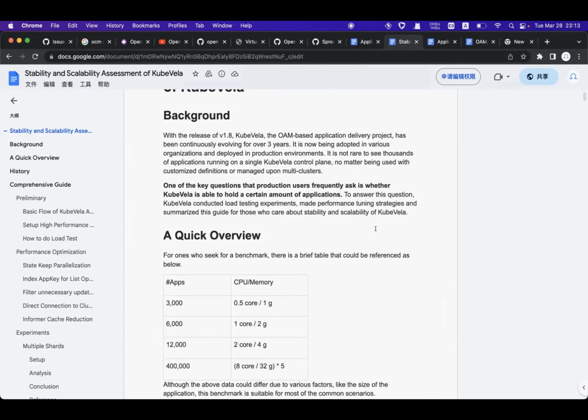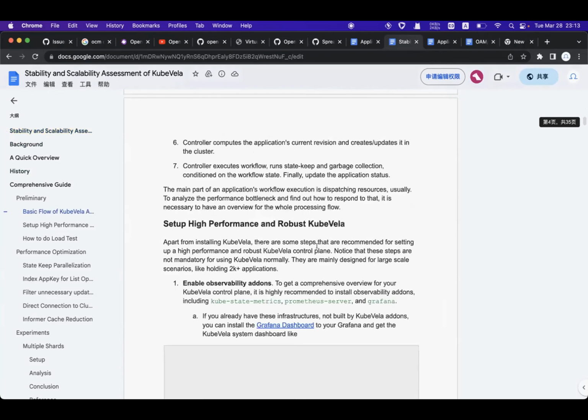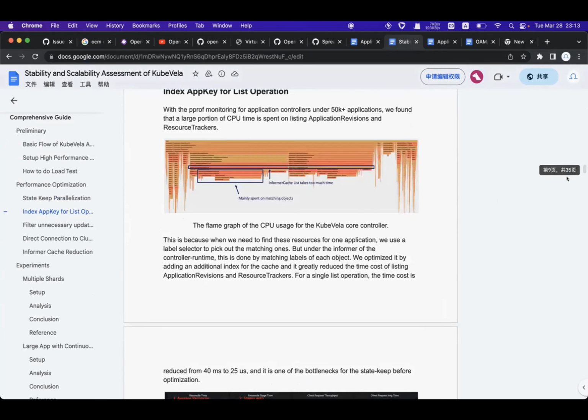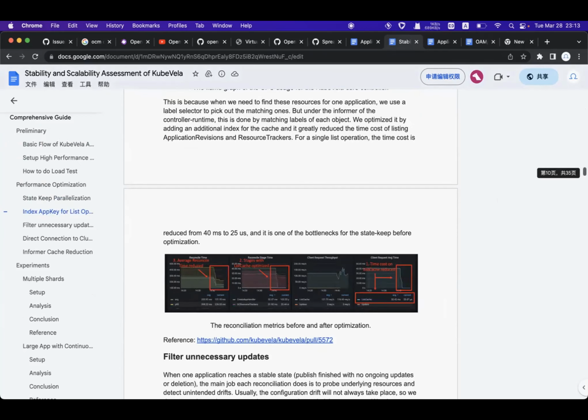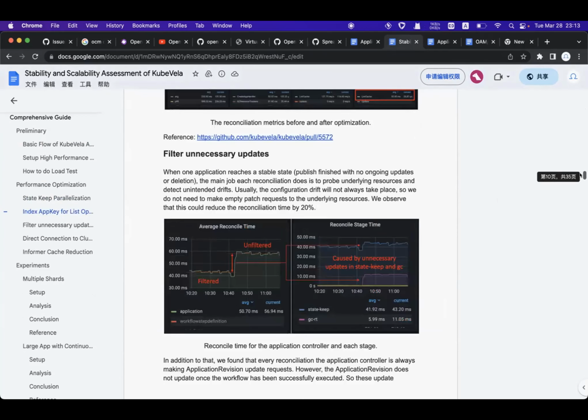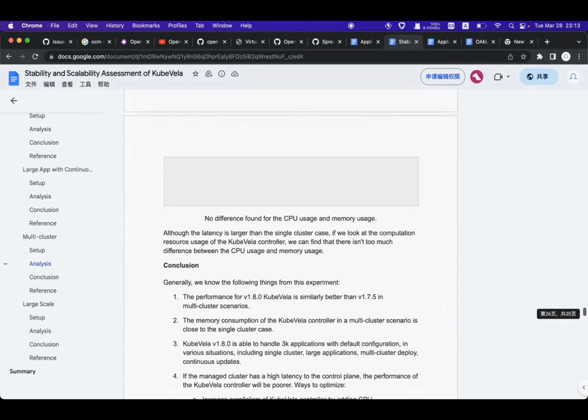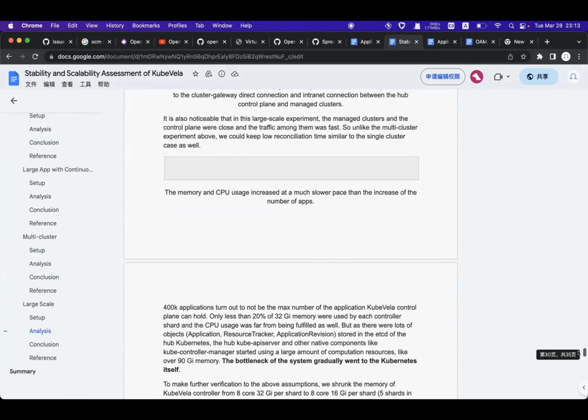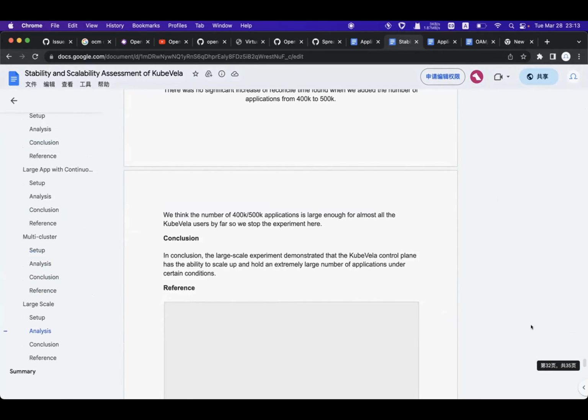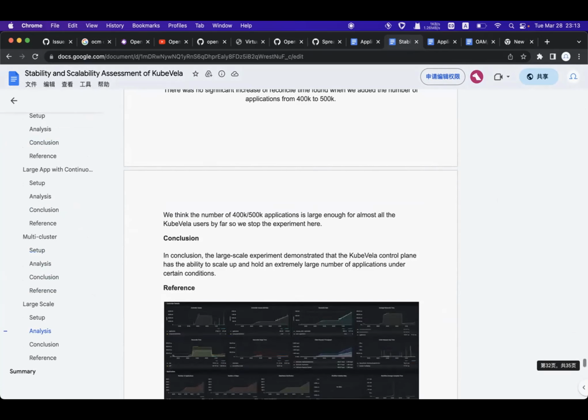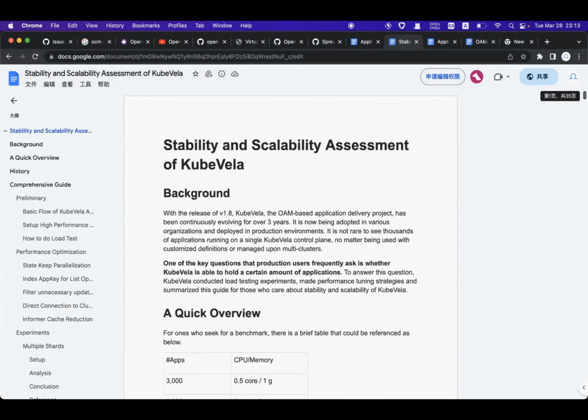Okay, so actually this documentation is quite long. We have done many detailed experiments about the KubeVela controller's performance under various scenarios, and there are some optimizations we have done in version 1.8. The official release of version 1.8 is about one week later. If you want to conduct load testing to test KubeVela's performance under your scenario, there are also some guides for how to set up the